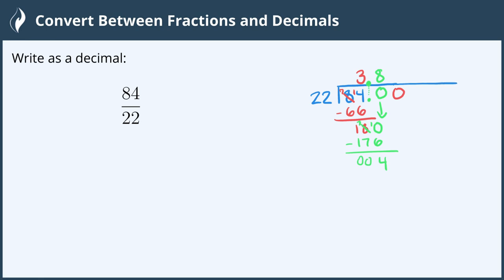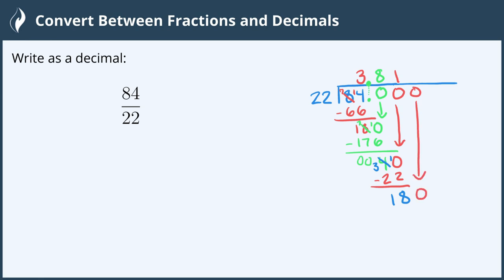So we need to drop down yet another 0, and we need to make 22 go into 40. 2 is a little too high because that would give us 44, so we'll go in 1 time. 1 times 22 is 22. Subtract. We'll need to borrow or ungroup from the 4 so that we get a 3 and a 10. 10 minus 2 is 8, and 3 minus 2 is 1. So we have 18, which means we need yet another 0, and we'll bring it down so that we have